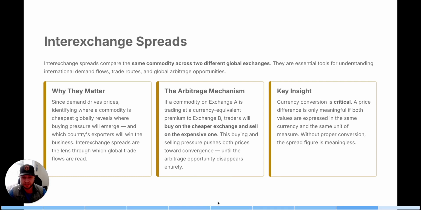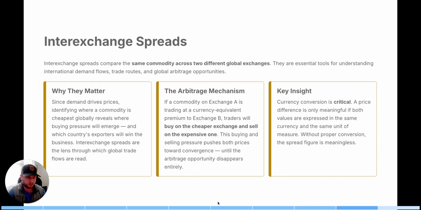So this buying and selling pressure, again, just like any spread, will move prices back to converge. So what it is capturing is arbitrage opportunities. But what those arbitrage opportunities can also mean is, if you are in the cheaper commodity, there's a chance people will be buying up that commodity. Once again, that pushes up its price and demand, right? While on the other exchange, or the other country or continent, it is being sold off, right? So that's where you've got to look at these, once again, together and see how that's